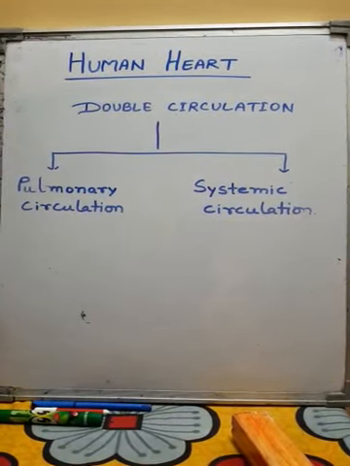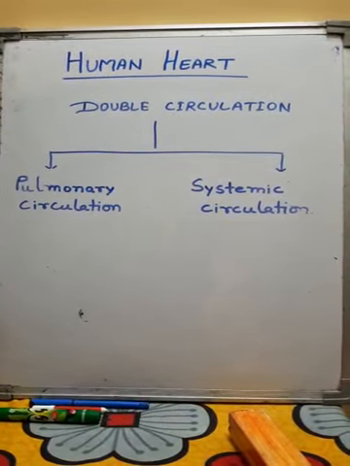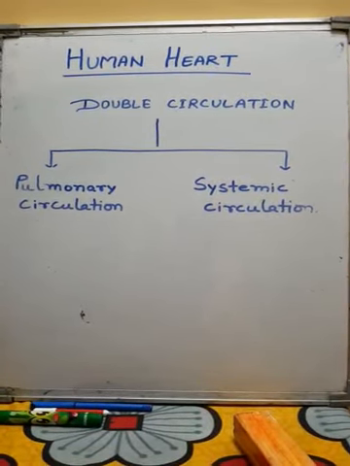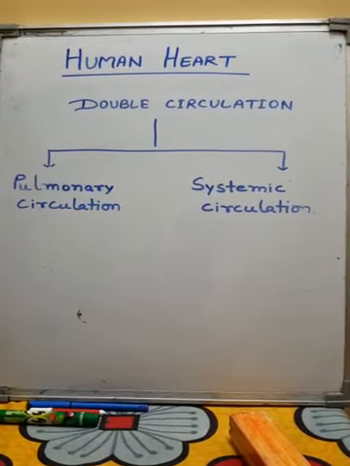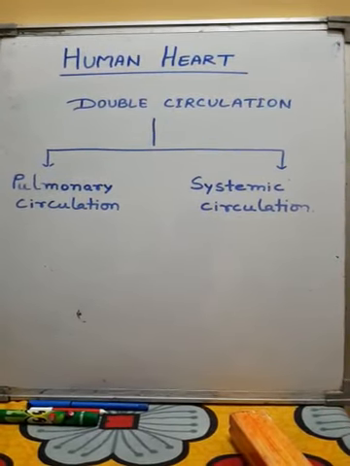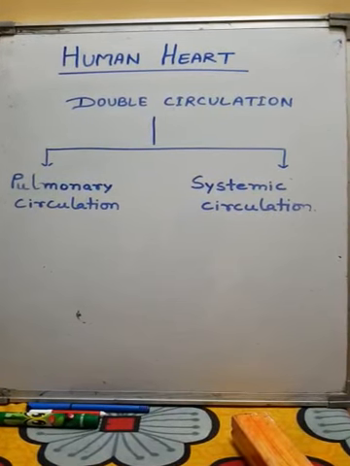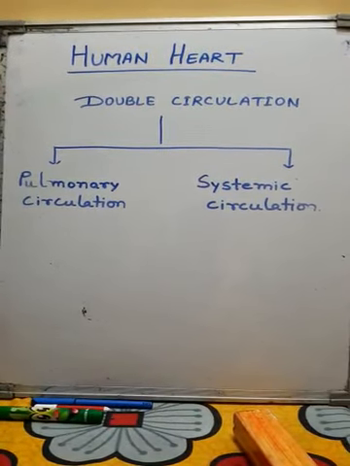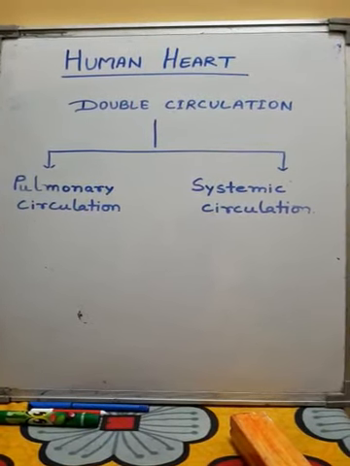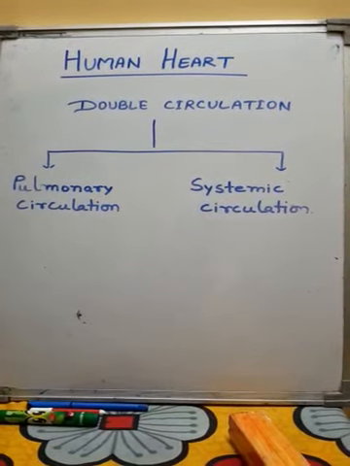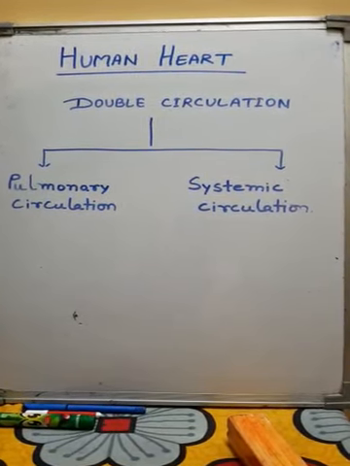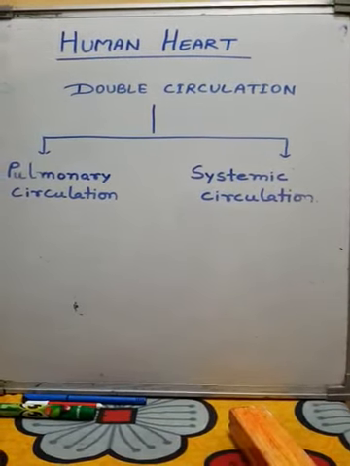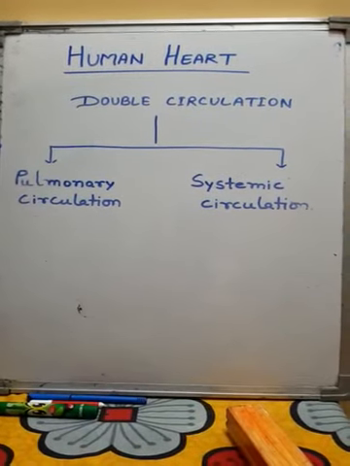What is the importance of double circulation? Students, double circulation ensures quick and efficient supply of oxygenated blood to all body parts for meeting the higher energy needs, especially for thermoregulation in the body of mammals and birds. It supplies the whole of deoxygenated blood directly to lungs for quicker oxygenation. So, the presence of double circulation ensures quick and efficient oxygen supply in higher organisms.